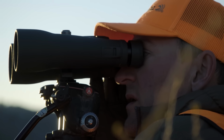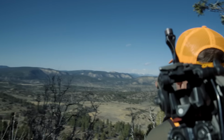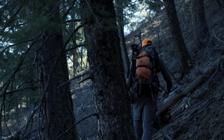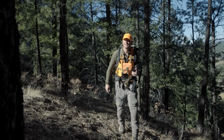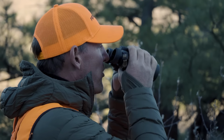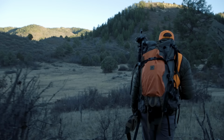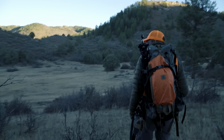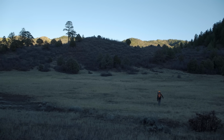The tough thing about a migration hunt is the transience of it. Just because you see a buck one day doesn't mean he'll be there the next. Even when you find a good spot, it can be hard to commit to sticking it out and seeing what comes through. Choosing to stay put can be hard, but wrestling with these decisions is what makes hunting fun. And when you least expect it,